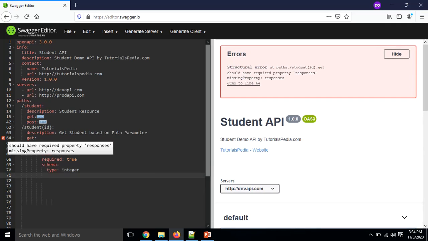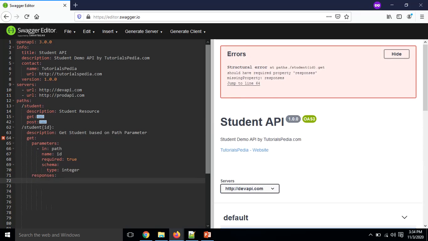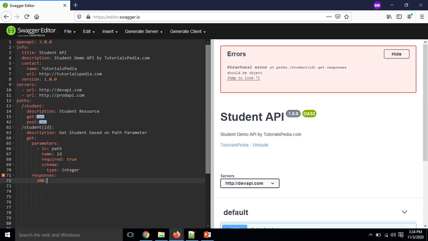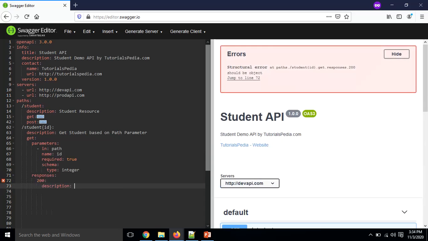Okay, so now we just need to add the responses at the same level as query parameters. We are going to add the responses, and the response for 200, which is a happy scenario only, we are going to put the description first, success response with path param,